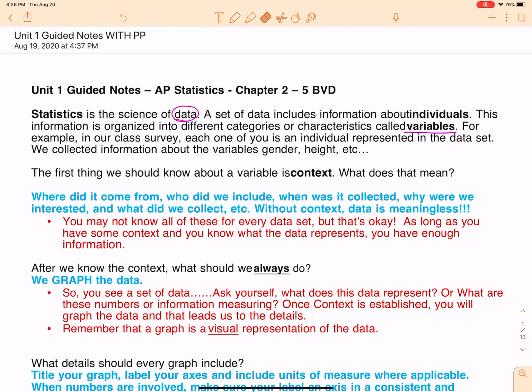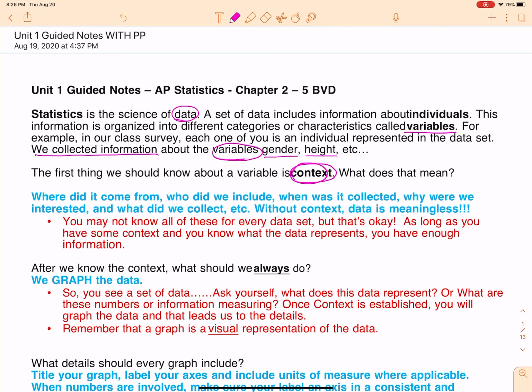These are just our categories, characteristics, whatever we're talking about. We'll be talking about variables pretty much all year. Remember that we took a survey and you got to be part of the data that I collected. So when we collected that information, the variables were all the things I asked, like gender, height, how fast have you ever driven, what color's your car. All of those kinds of things are these variables that we're talking about. So when we know what a variable is, we have to establish its context. Otherwise, the information that we gathered on the survey doesn't mean anything.